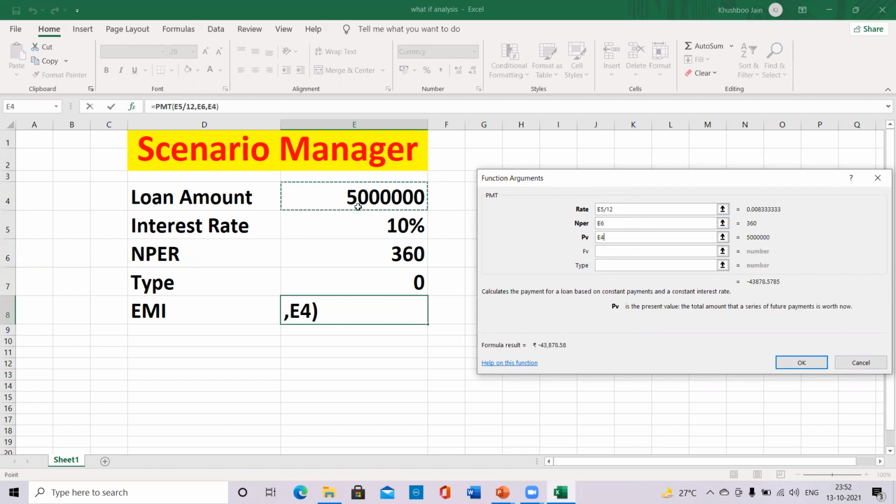The present value of the loan is 50 lakhs. Future value is optional, and you can leave it. And the type is 0, because I want the payment at the end of the period. Or this is also an optional field, you can skip it.